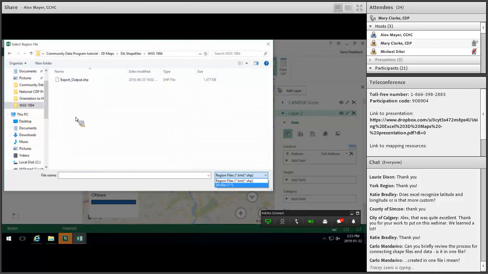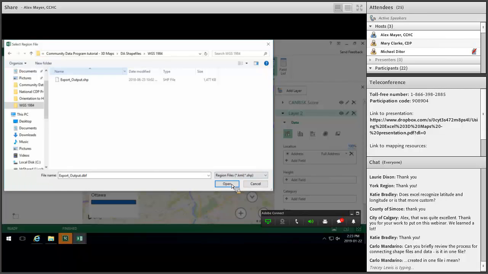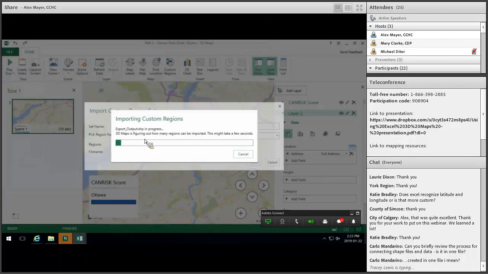And you can see this is actually a folder where you'd have the collection of shapefiles. So a shapefile is not just one file, it's all these together. You would select your shapefile, open that up,